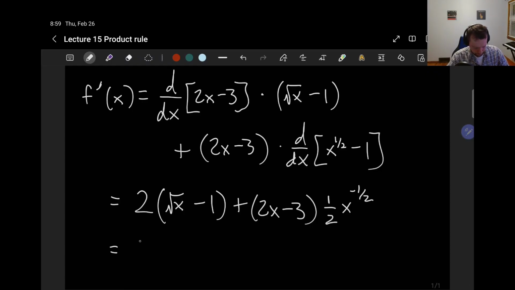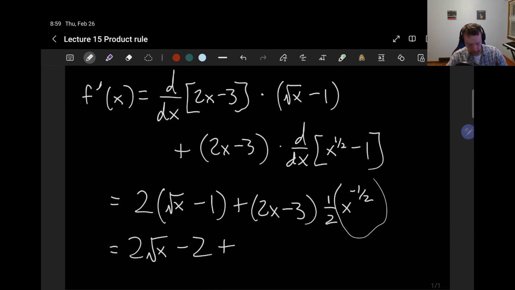Now, yeah, I think I'll leave this part mostly alone, except I'll distribute the 2. I want to leave this as is for now because it will help with simplifying. I can use exponent rules to my advantage